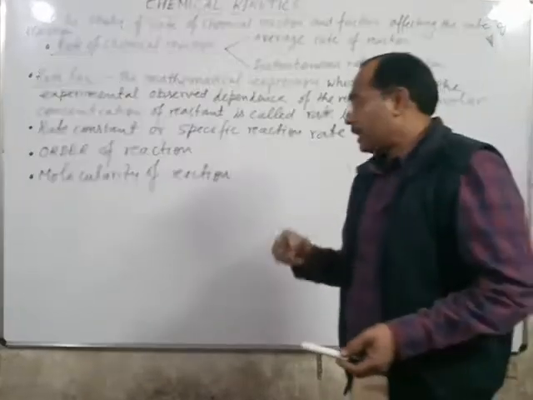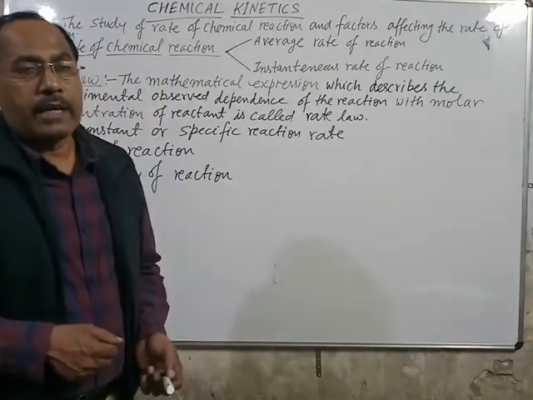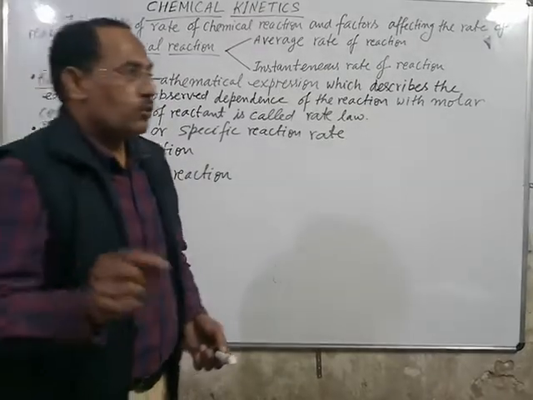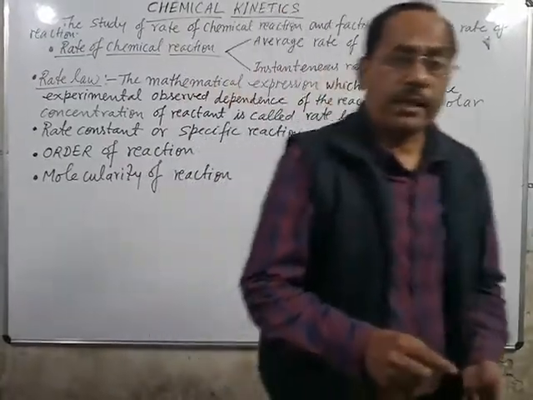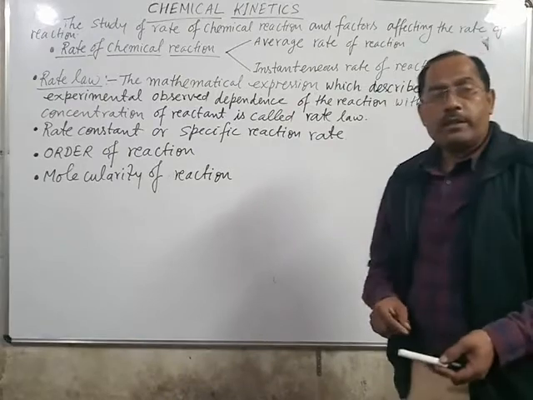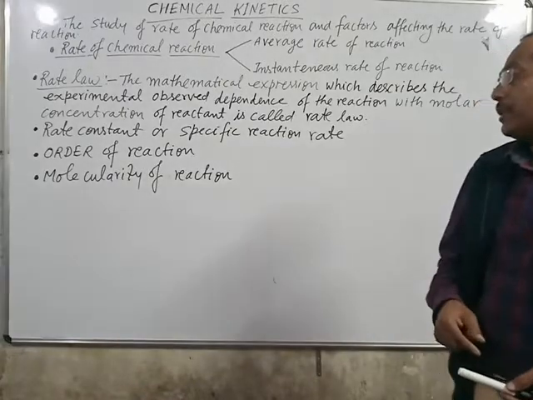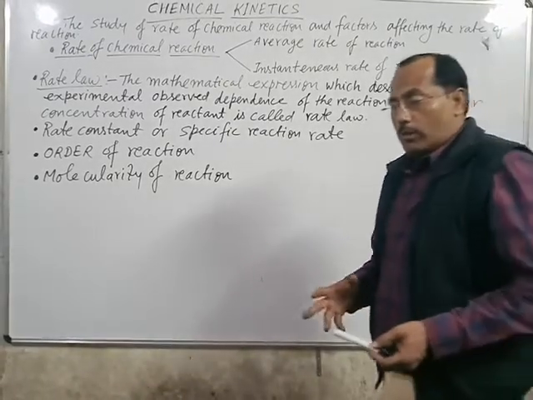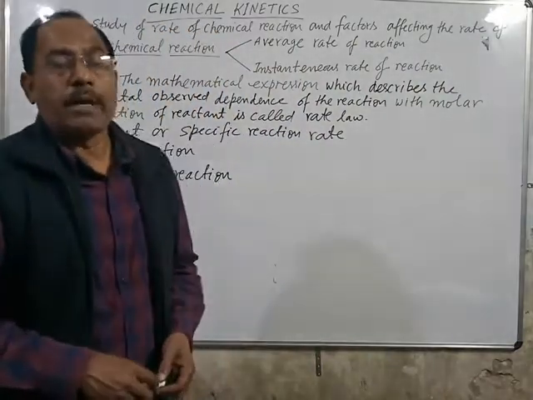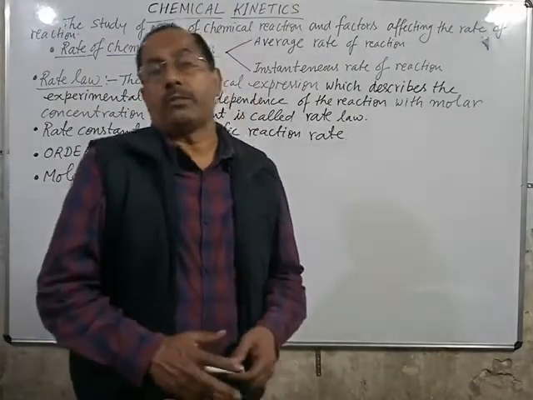So for the complex reaction, molecularity of different steps is different, and the molecularity of reaction is the molecularity of that step which determines the rate of reaction, or you can say rate determining step. Molecularity of rate determining step expresses the molecularity of the reaction, and each step has a particular molecularity. Molecularity of reaction is always a positive value and it explains the mechanism of the reaction, while the order of reaction explains kinetics of the reaction.